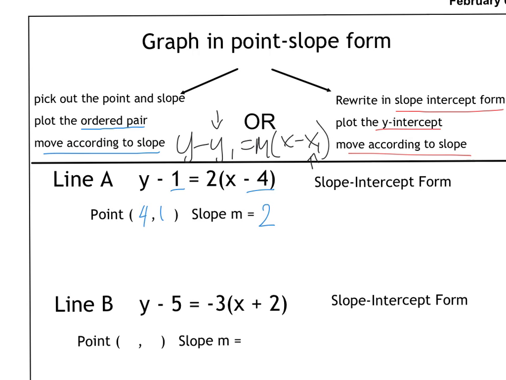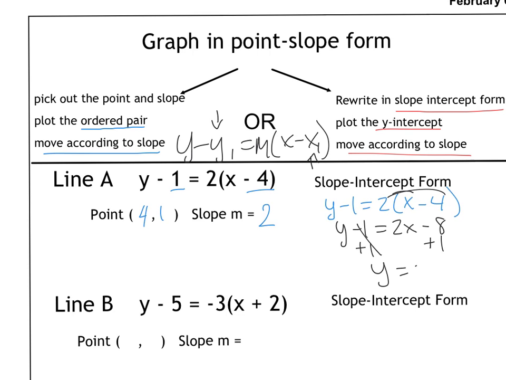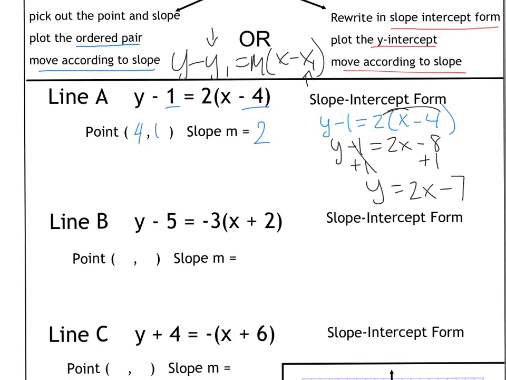If I were to change this to slope-intercept form, and this is again your preference, I would distribute the 2 and get y minus 1 equals 2x minus 8. Add the 1 to both sides and get y equals 2x minus 7. So now if I plot both of those, doing either way,